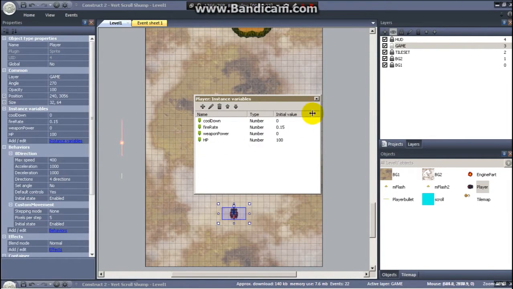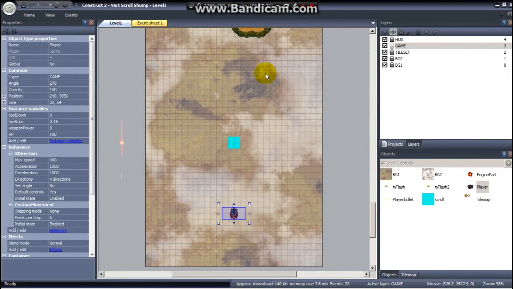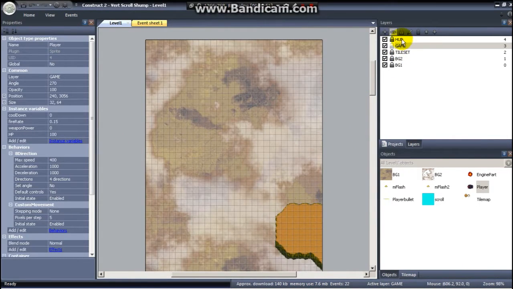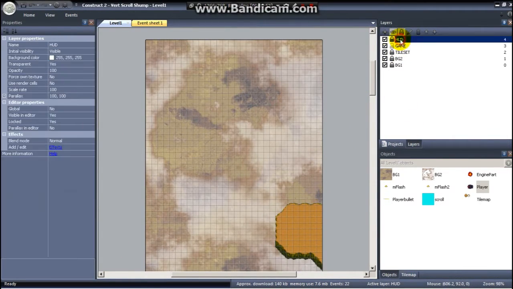Okay, so now we've got that variable, and any kind of bullet that collides with the player, enemy bullet or enemy object, is going to subtract from that value. So all I'm going to do now is just set up the health bar really. I'm not going to deal with any kind of player death or damage yet until we start making the enemies. So just go to the layout, and I'm going to go to the HUD layer,